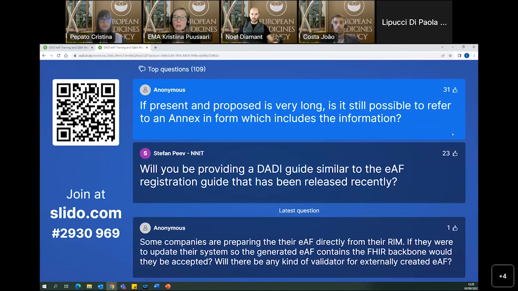And that's one of our main aims with the DADI form, that automation will be enabled. But from the procedural point of view, for certain types of changes, if it's tens and tens of pages, of course, you can still refer to an annex as you do today. So from the procedural and form field point of view, there is no change.